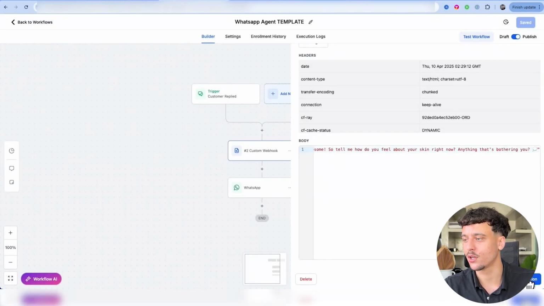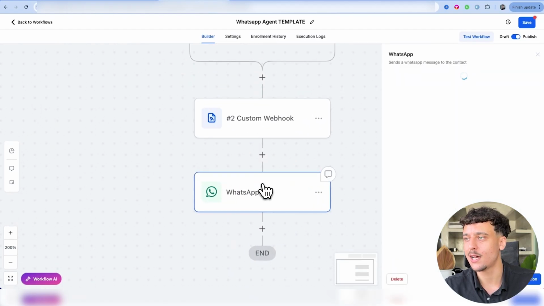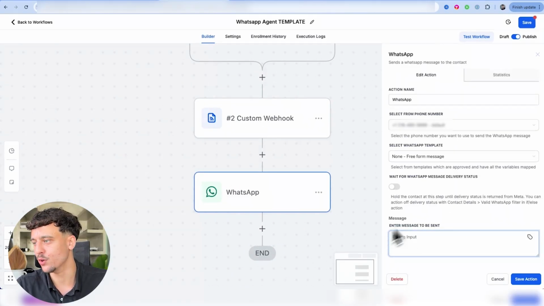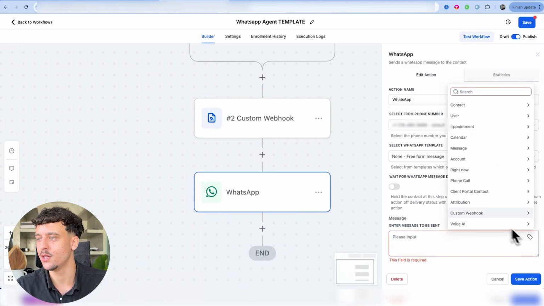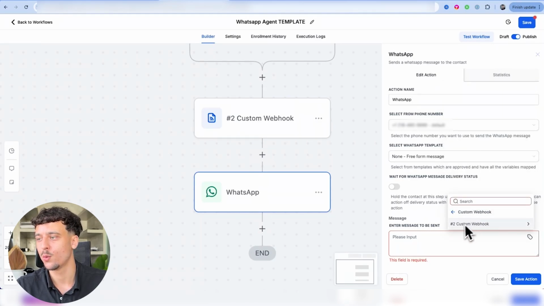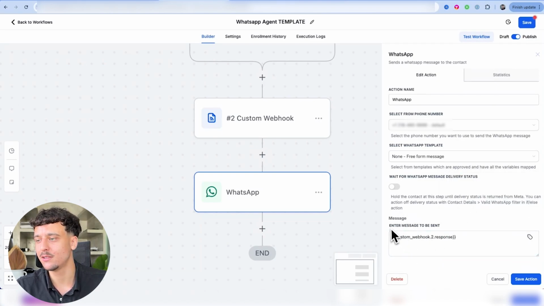Now all that's left to do is click on Save Action, go to WhatsApp, and here we want to specify the variables. So we're simply gonna select this right here. We're gonna click on Custom Webhook. We're gonna select the number 2 custom webhook, which is this one right here. And we're gonna click on Response, which will now send the message that we got as a response from N8N